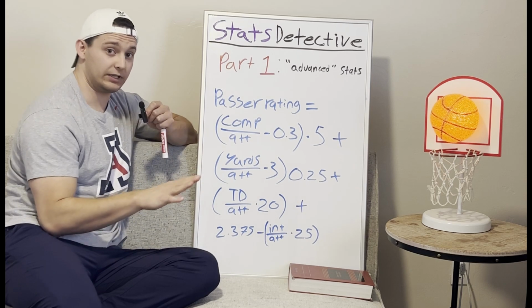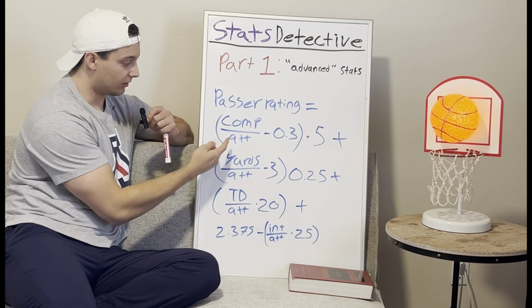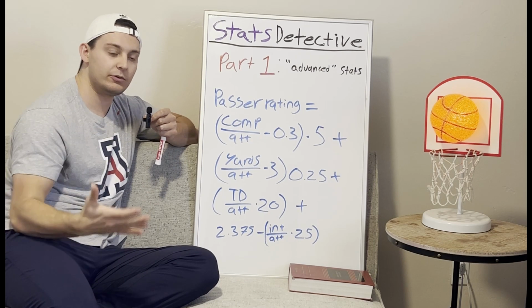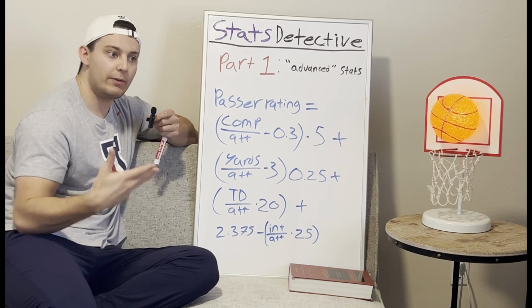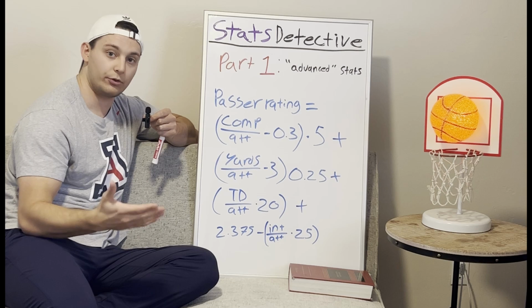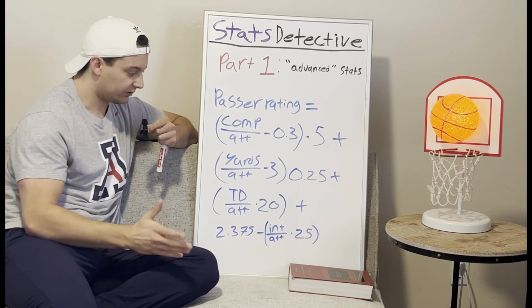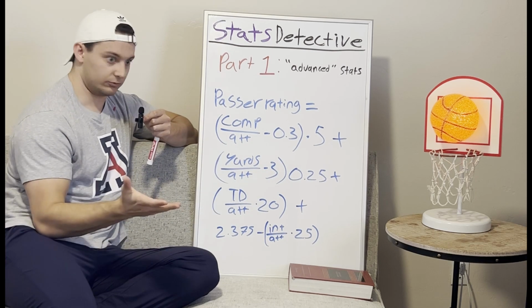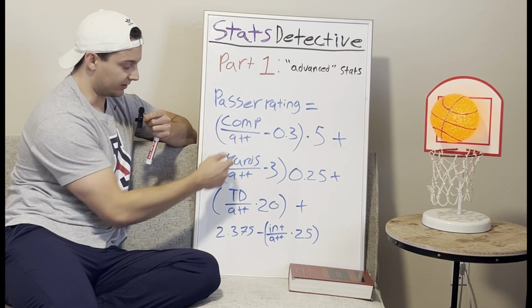In general, that's great, especially because these are counting stats. And we like counting stats. They tell us exactly what we want to know. I want to know how many completions did you make? How many throws did you throw that turned into yards? That's what I want to know. I want to know how many yards you got. I want to know how many times you attempted it. These are great stats. This is just completion percentage.